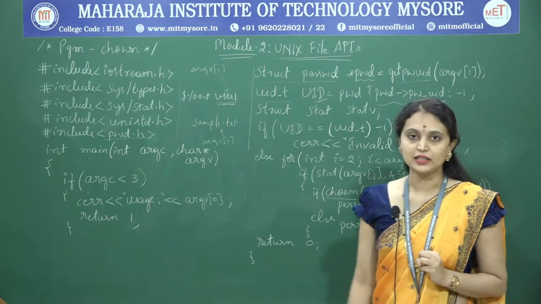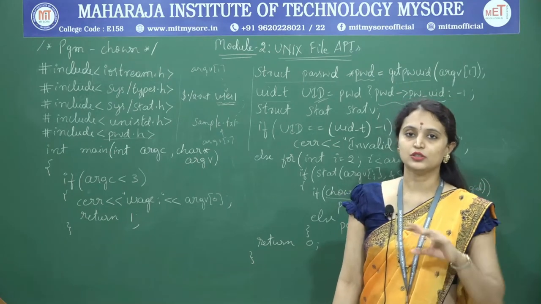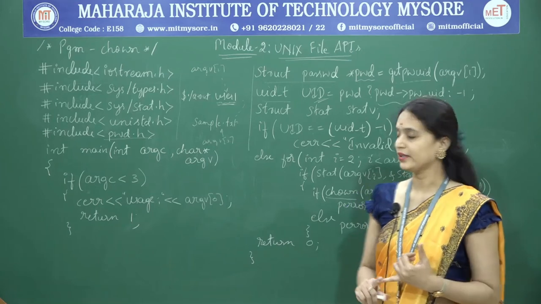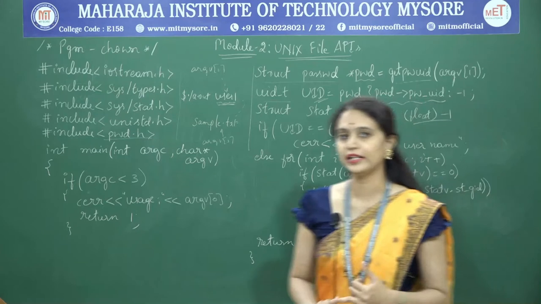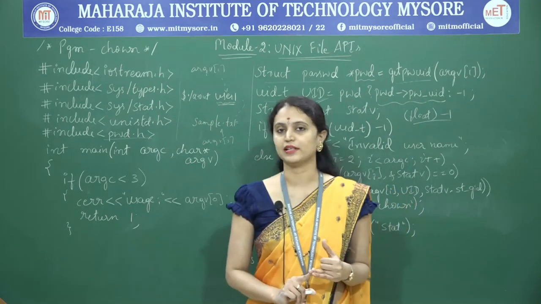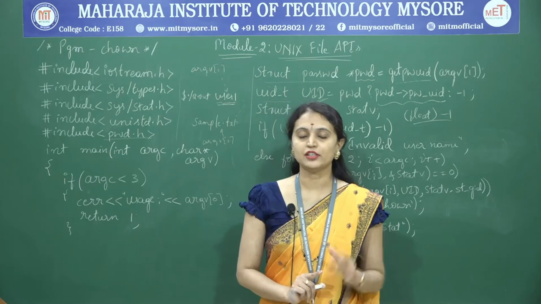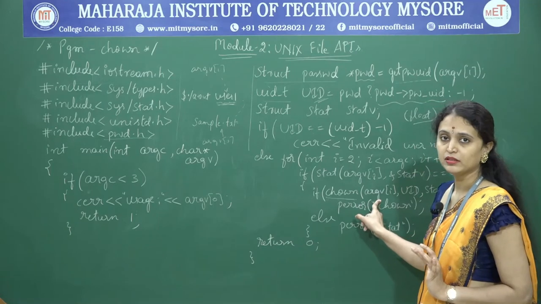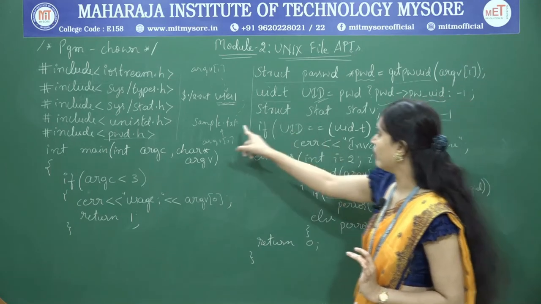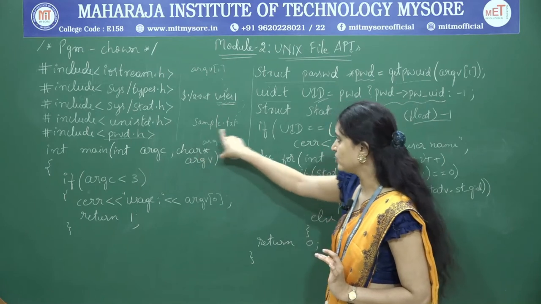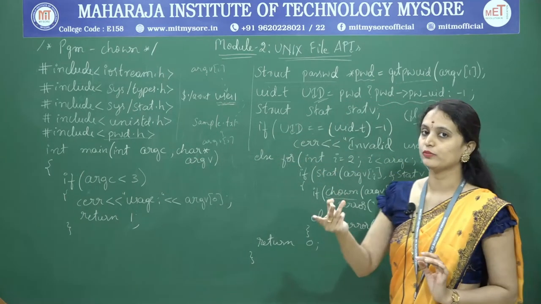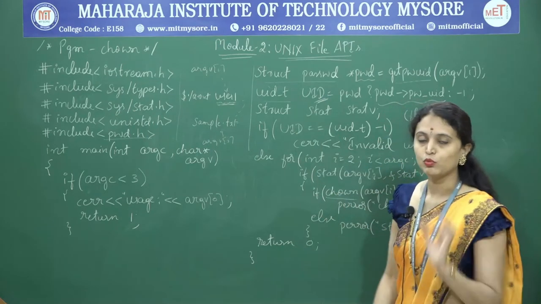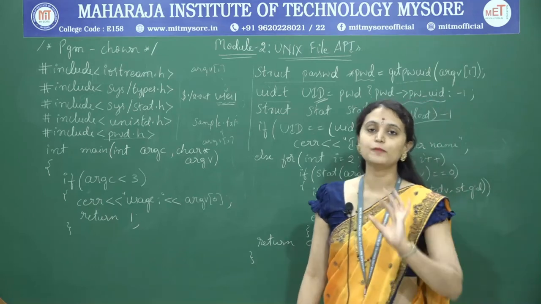We have just seen that the chown function takes 3 arguments. The first one is the path name, the second one is the new user ID that has to be assigned to the file, and the third argument is the new group ID. As of now we can get the path name, that means the file name on which I have to change the user ID. The second argument, the new user ID, is stored in the variable UID. What about the third argument, the group ID?